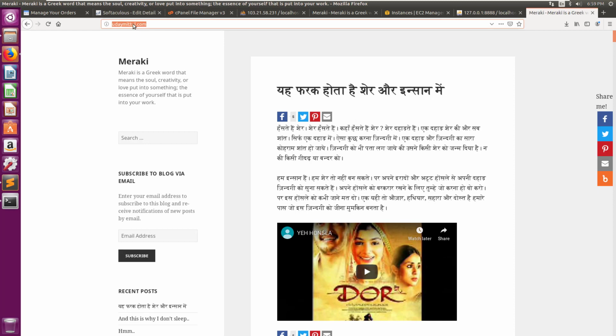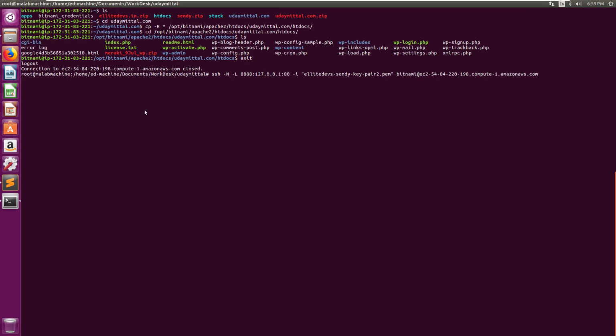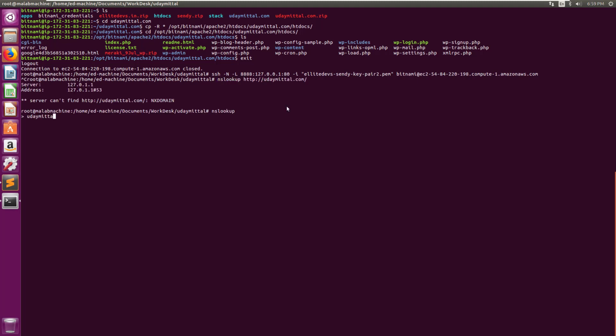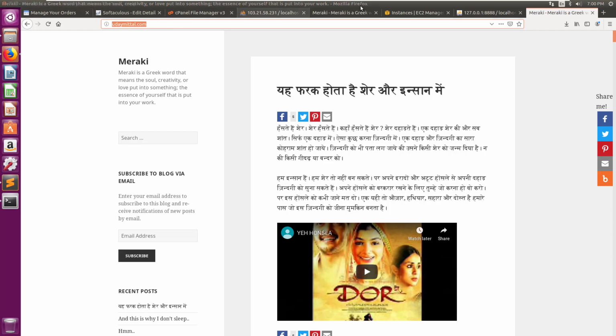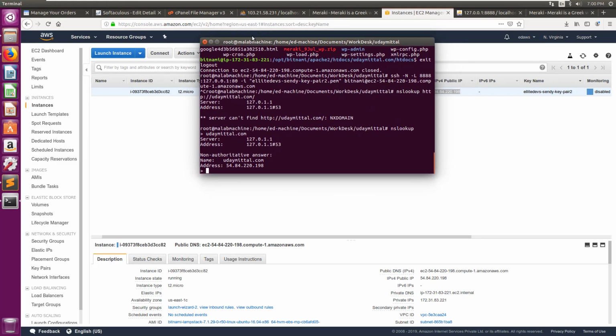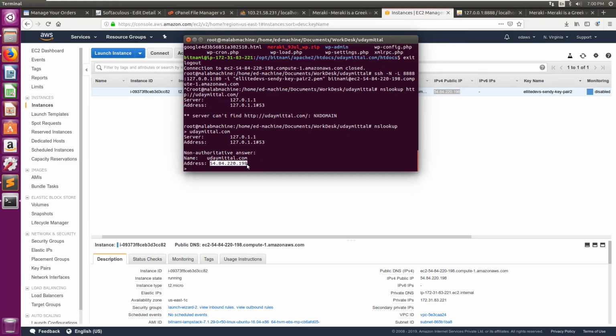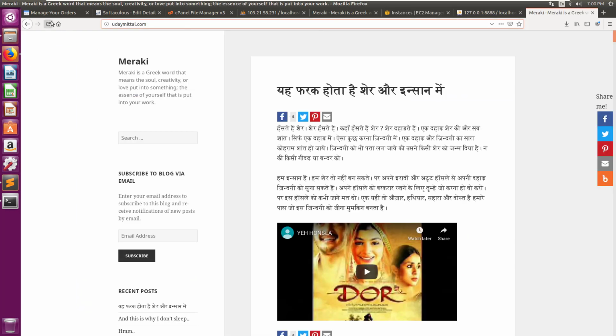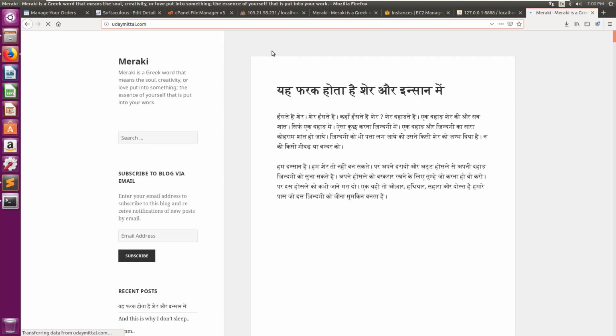AWS EC2 Instance. To verify this, you can just copy this and then go back to your terminal, and we don't need this connection anymore, so I'm going to stop it, and you can do a quick nslookup, and this time I'll manually type method.com. So you can see that it has returned this IP address, which is same as that of our AWS EC2 instance, and you can verify it from the AWS console, which is here. This IP address is the same. So that means that this website is now being served from our AWS EC2 instance and not from a shared